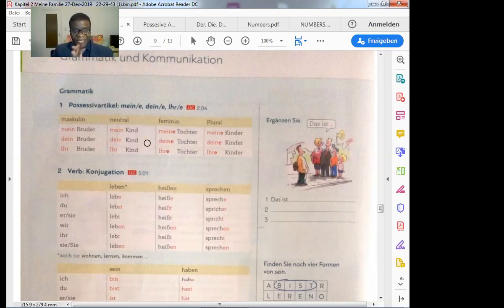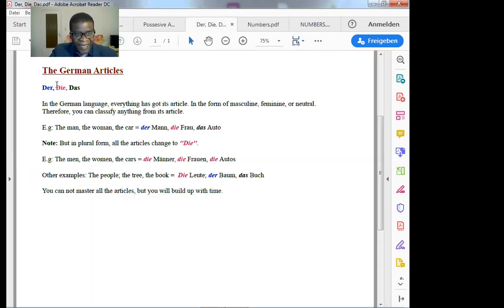Now, remember what I said last time? We looked at mein and meine. Then I gave you some homework to research other possessive articles. These are some of the other possessive articles. So, if you are addressing somebody or something which falls under der, then you're going to say mein without an e at the end.